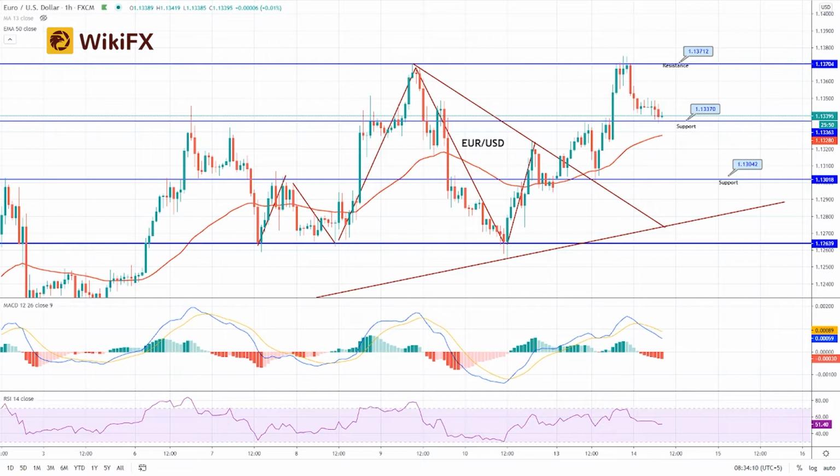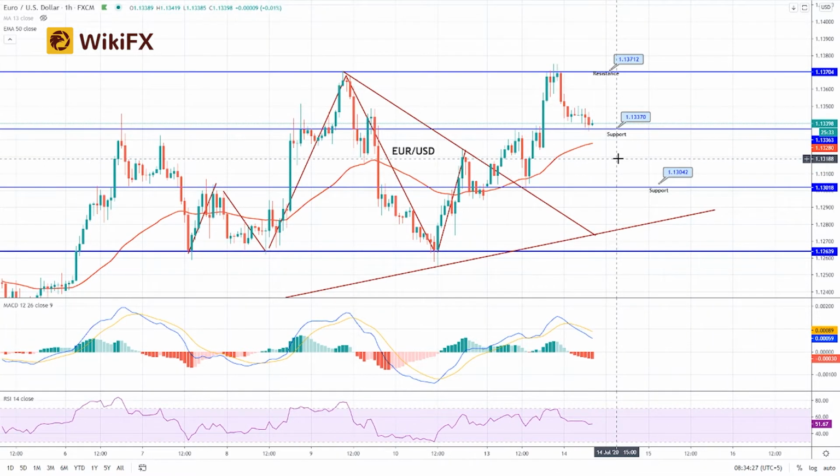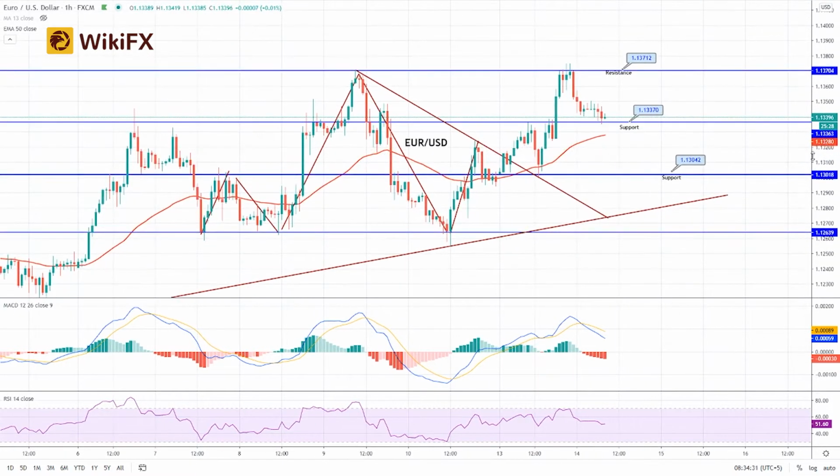UK currency pair. However, later today during the US session, the market is going to show some movement on the back of US inflation figures like the CPI, and the core CPI figure is expected to come out during the US session today. With that being said, let's take a look at the Euro USD and especially the 1 hourly